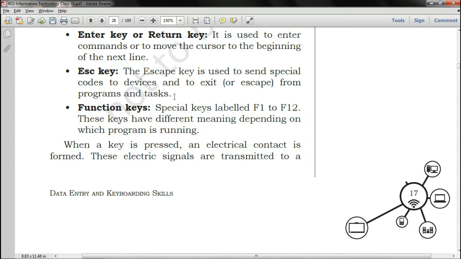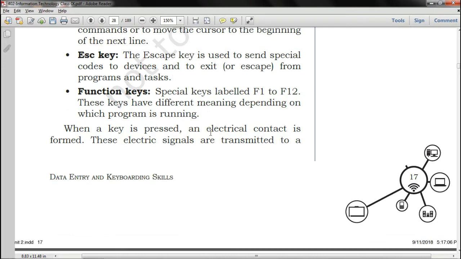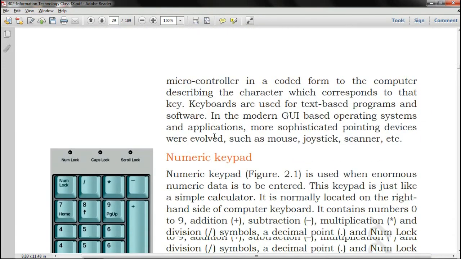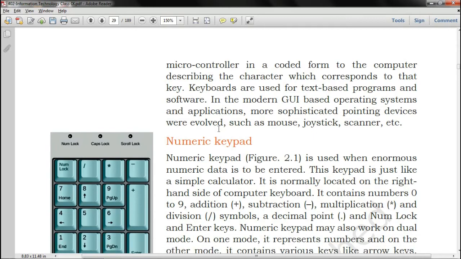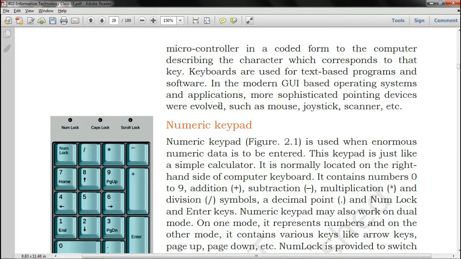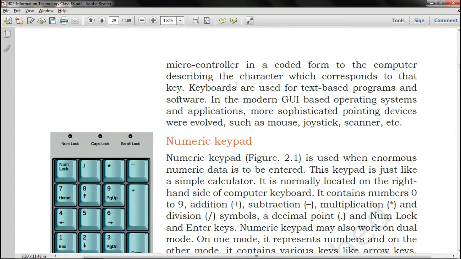Okay, so when a key is pressed, an electronic contact is formed. These electronic signals are thus transmitted to a microcontroller in a coded form to the computer, describing the character which corresponds to that key. That means the address of a particular key is stored in the computer, and if you are pressing or keystroking any other key from a keyboard, it is giving a command through a microcontroller in a coded form to the computer, where the meaning is already stored. It's simple, right? So next is